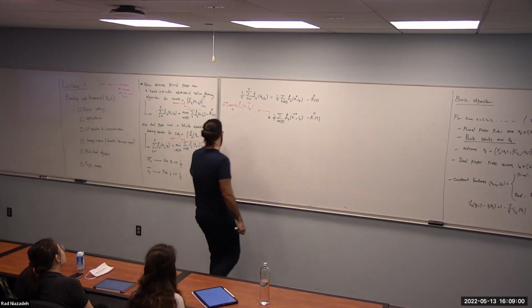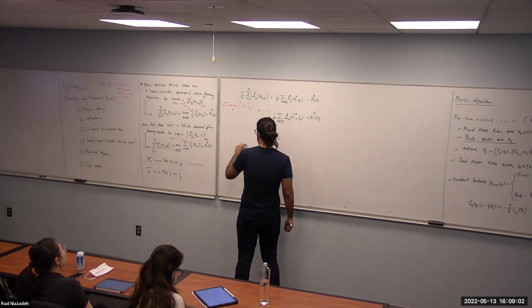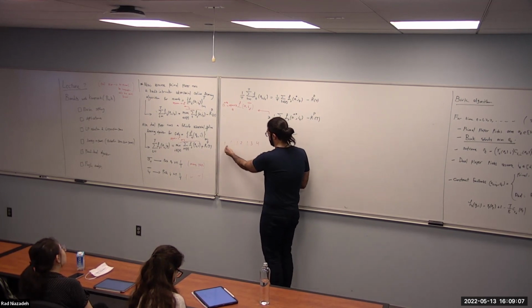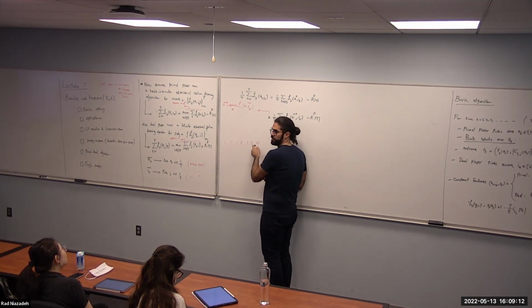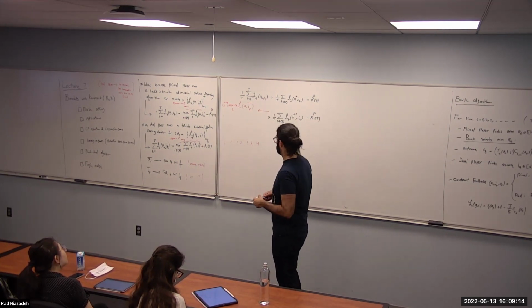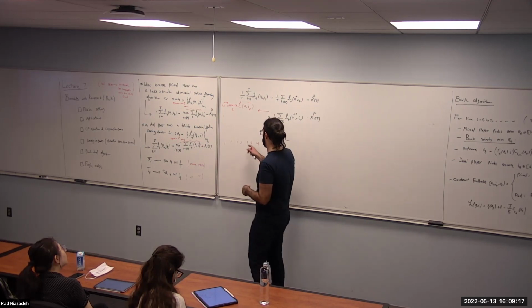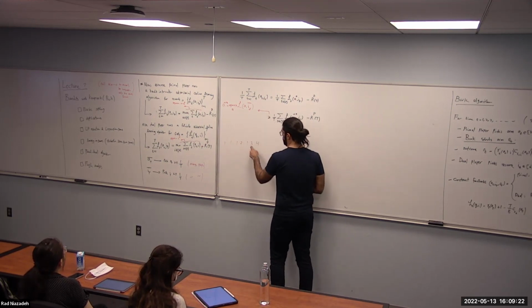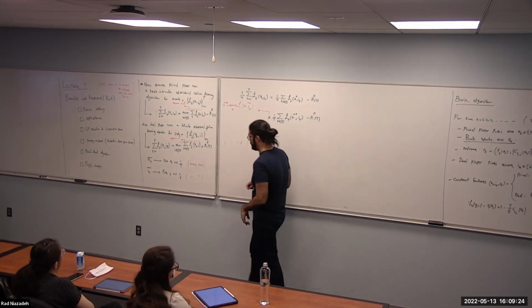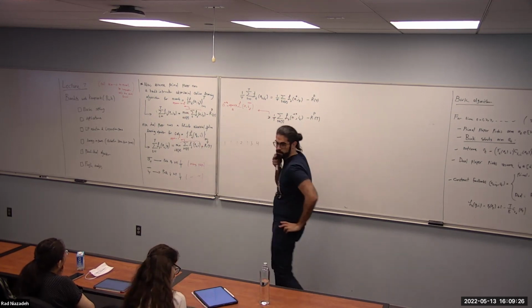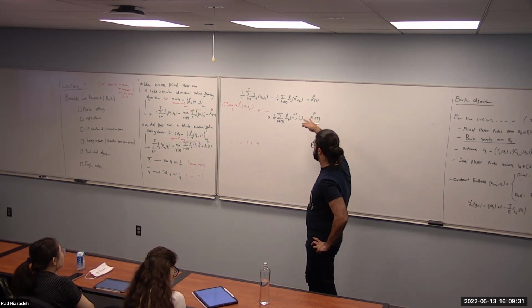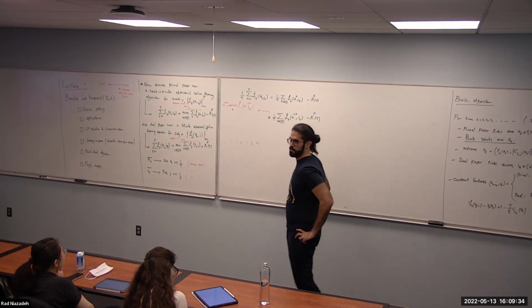Let's say I'm pulling 1, then 2, then 1, then 3, then 4. Then the average play is with probability 4 over 7, pick arm 1. And then with probability 1 over 7, pick 2, 1 over 7, 3, 1 over 7, 4. So for the average play, you need the whole play. Yeah, this is not something I'm going to use in the actual game. I'm going to use it in the analysis, but not in the actual game.